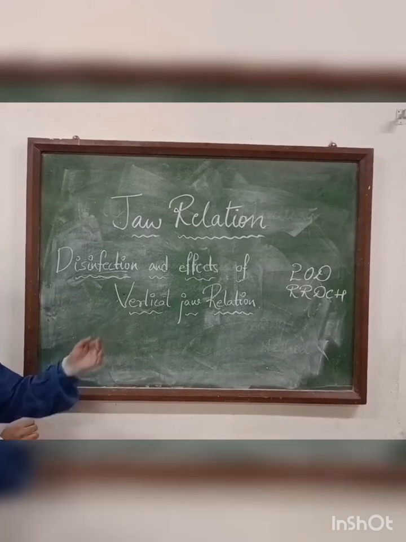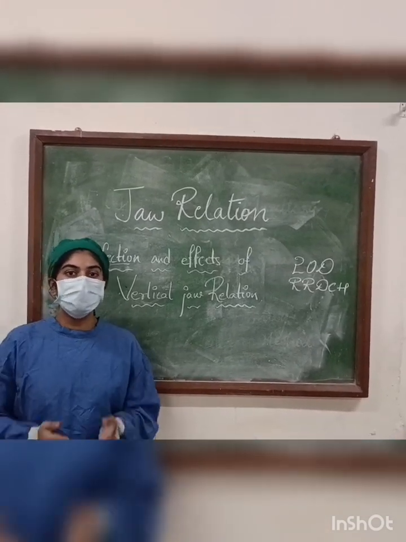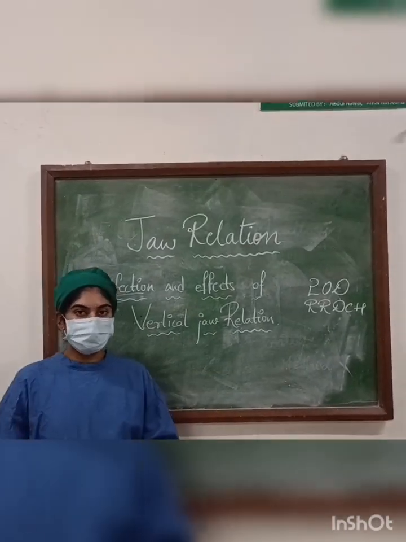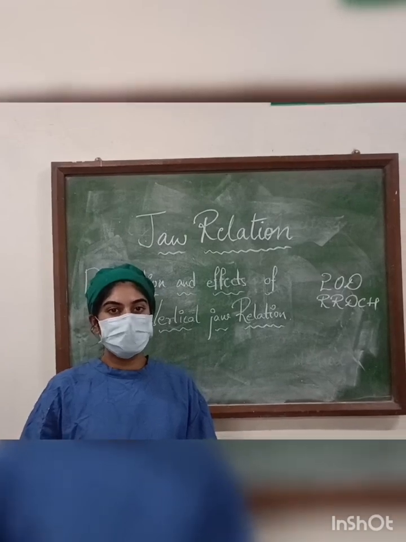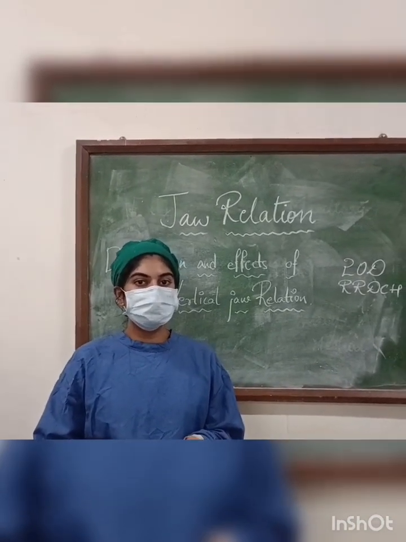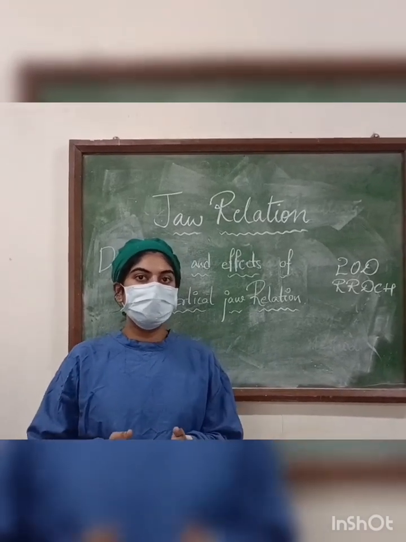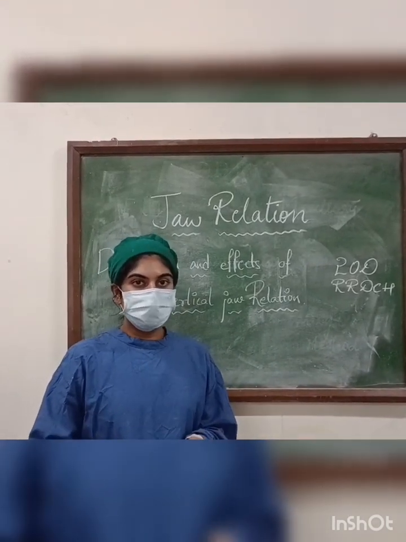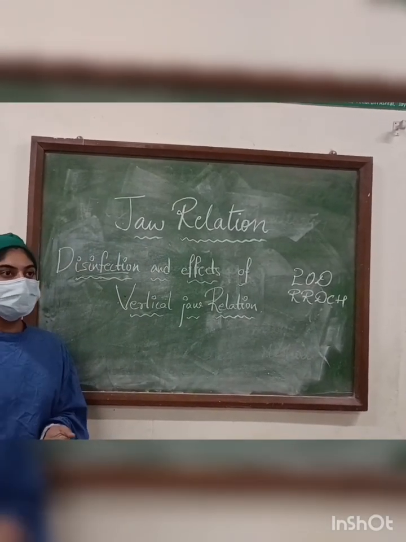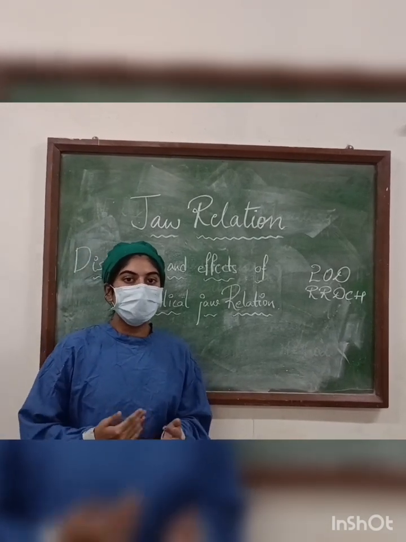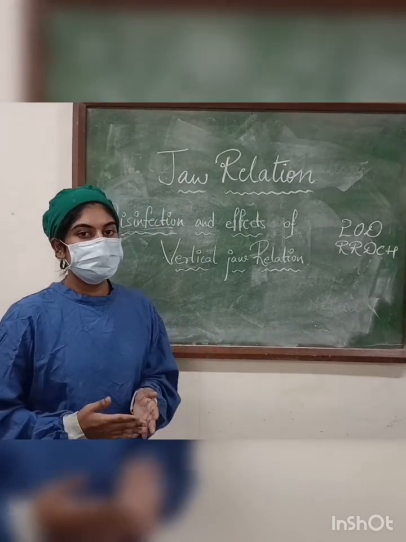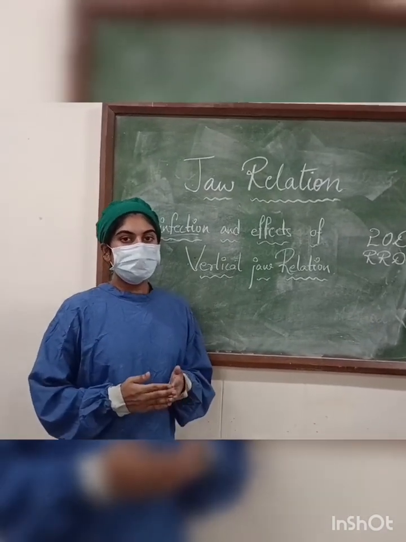Coming to the topic of effects of vertical jaw relation. Now, effects of increased vertical dimension: discomfort to the patient, increased risk of trauma, clenching of the teeth, teeth are liable to contact causing clicking during speech, loss of freeway space, muscular fatigue, clicking sound, trauma and pain in the basal seat areas of the denture, and generalized hyperemia. Now, effects of decreased vertical dimension include the following: poor aesthetics, angular cheilitis, prognathism, pain in the temporomandibular joint, reduced masticatory efficiency, denture look, cheek biting,